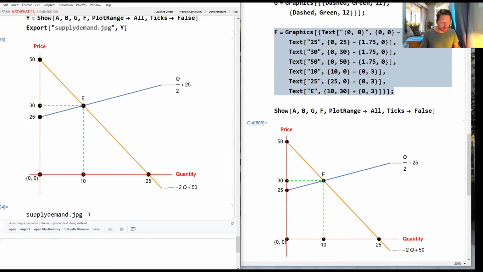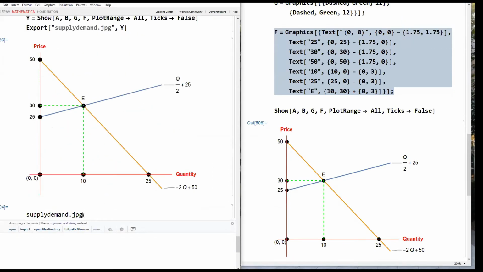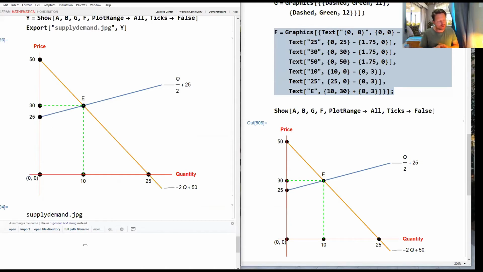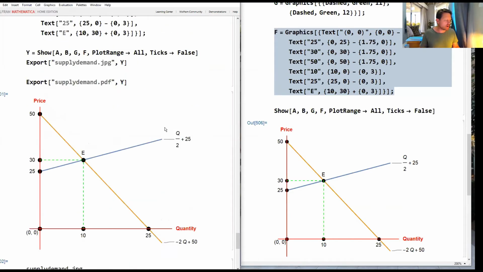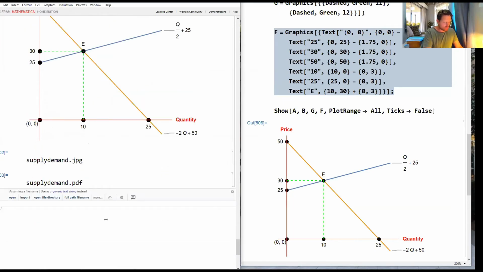Now on my computer, this ends up in the documents folder. So it just displays that as the file name there. But it's in the documents folder, so you can go and open your documents folder and find it, or wherever your computer has as the default folder for putting Mathematica files, right? And you can even say export that graphic as a PDF if you're using some software that requires PDF images, as some journals would require a PDF image rather than a JPEG if you're using that. And so just to show you that we can import them too, let's just say import